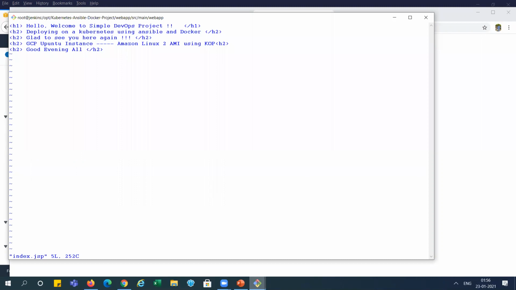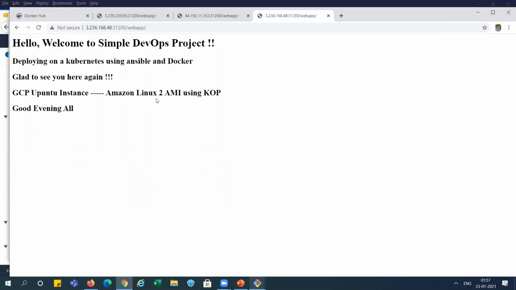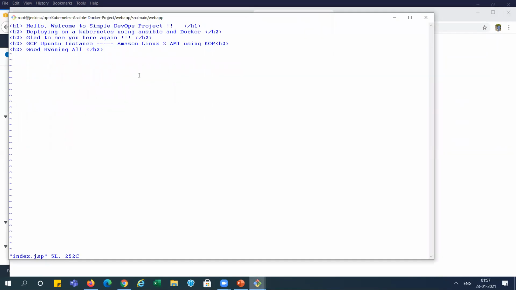I mean to say the developer is changing some code here and we need to change this output directly. Internally it will create the build and the image, update Docker Hub, and deploy everything in Kubernetes using the playbooks. That will happen internally and we will see only whether the output changes or not. This is the automatic deployment for this pipeline.